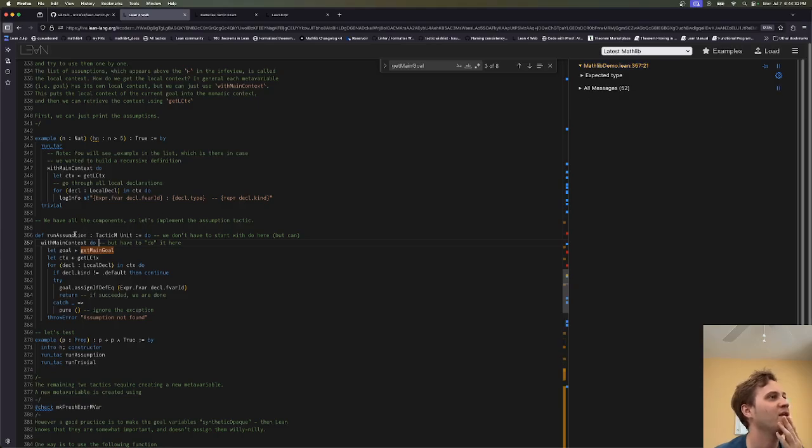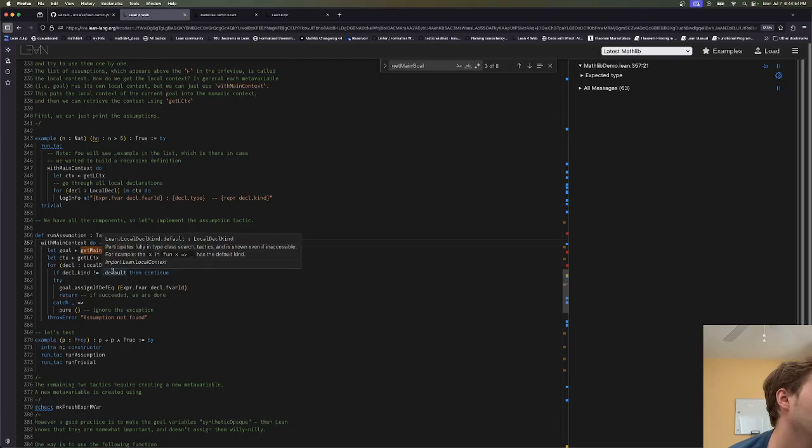Okay. We have all the components. Let's implement the assumption tactic. Run assumption is a TacticM Unit. We do with main context. We get the goal. We get the local context. For each declaration in the local context, we do the following. If decl.kind is not equal to .default,